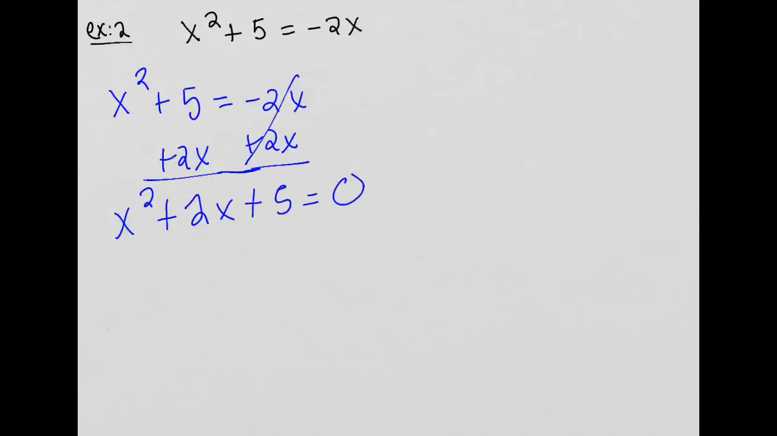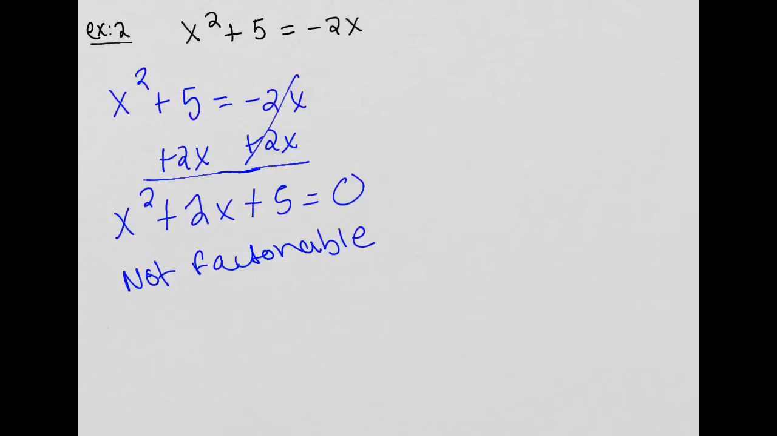So I'm going to say 1 times 5 is 5. Factors of 5 that add to 2, there's none. So this is not factorable. Okay. It's not in the proper format for the square root property, but instead of using the quadratic,